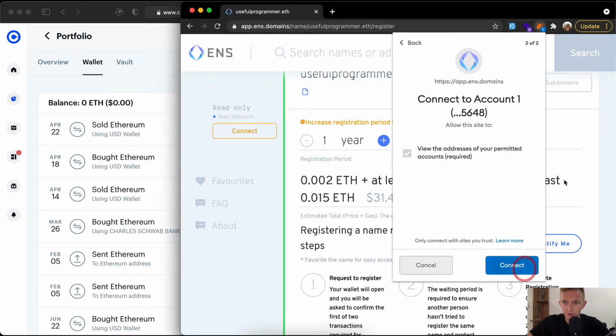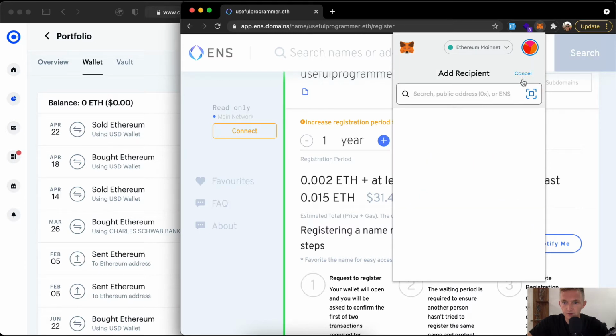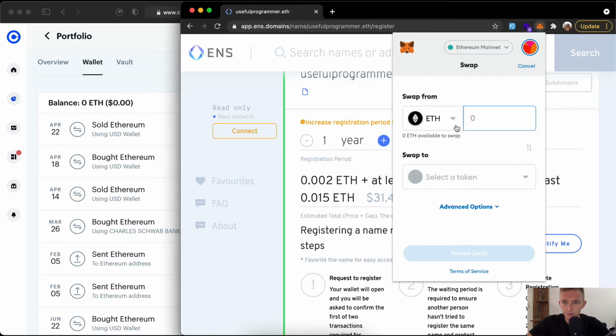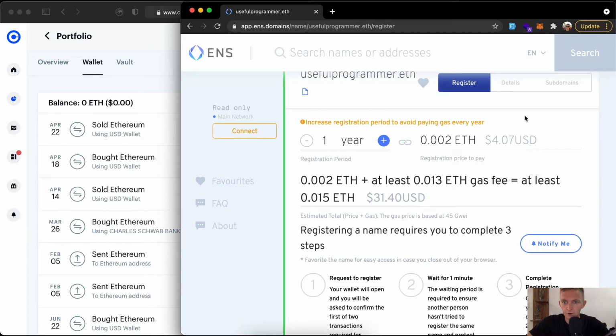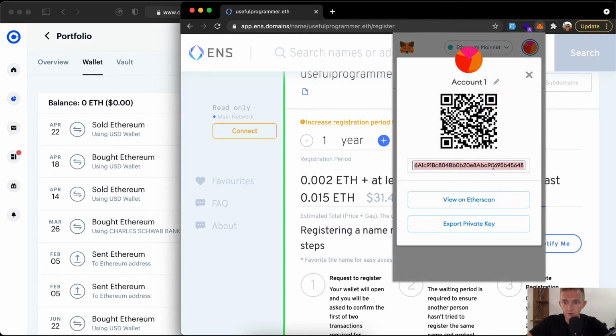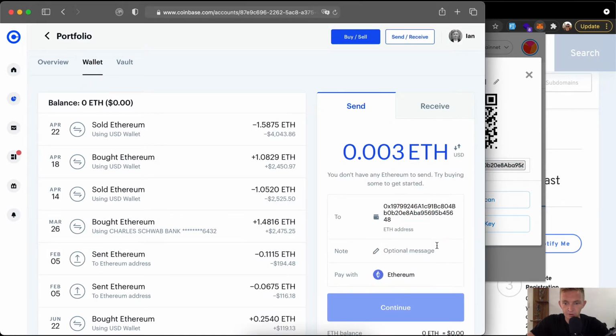Okay, so I'm going to click the check mark and go next. And I want to view the address. Okay, so if I can send it there. Cancel. No, I want to swap. No. Let's go to account details. Okay, so now that I have this address, I should be able to send it here to this address for